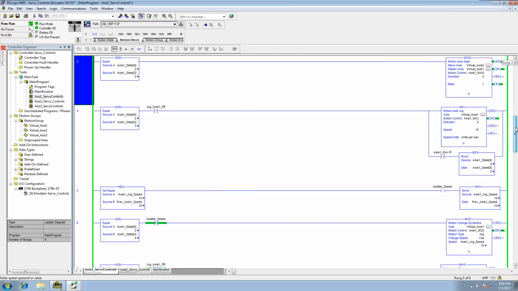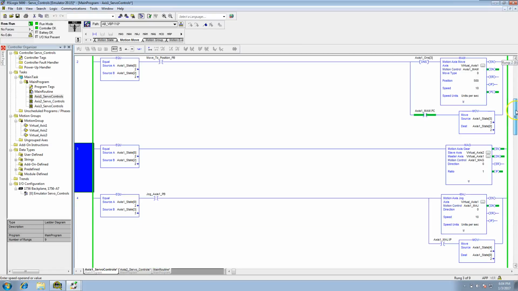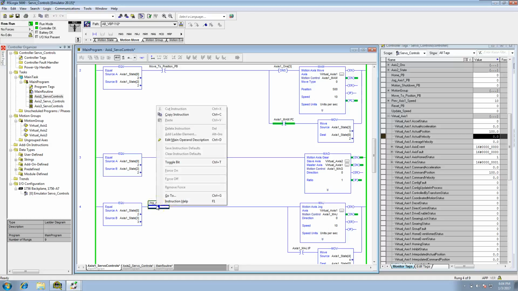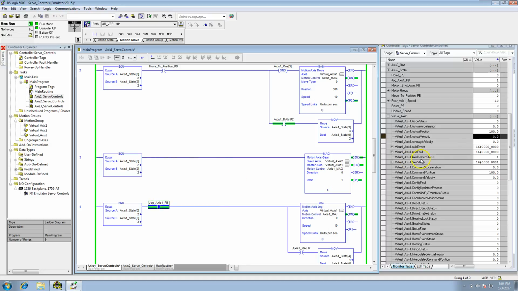Come back, and at this point right here, we are in the state of 2. So we're actually geared at this point. So if we were to actually look at the program, or the tags I should say. So if we started this into a jog state, actually we have